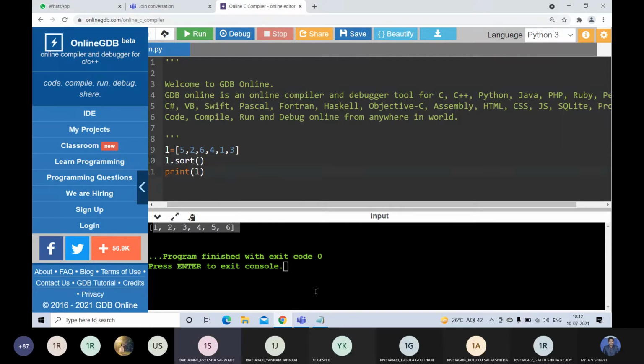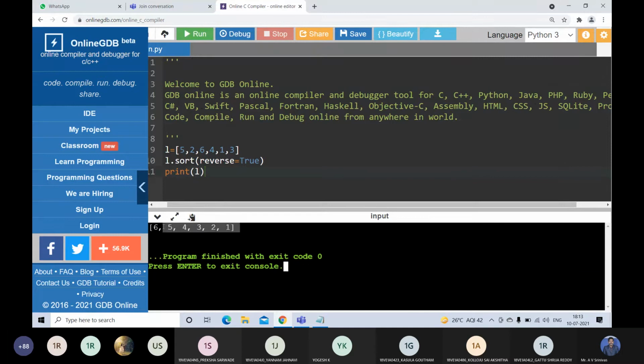Yes, sir. So the sort method changes the original list, and always sorts the elements in ascending order. Suppose you want to arrange the elements in descending order, then for the sort method you have to pass one parameter, reverse equal to True. L dot sort of reverse equal to True.